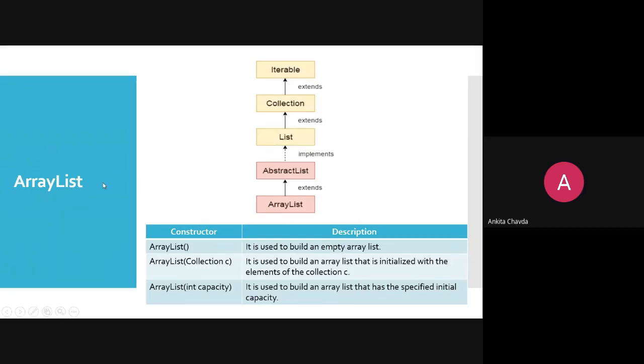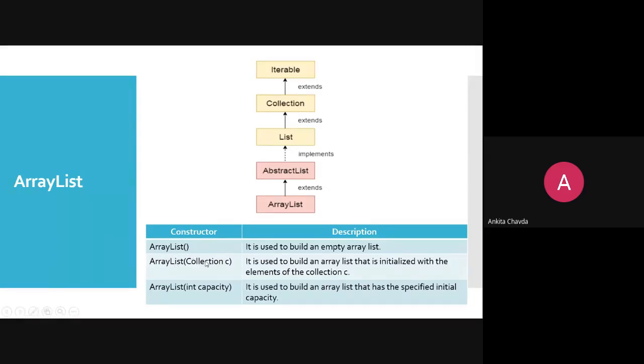What constructors do we have with ArrayList? So here, ArrayList is the constructor, right? It is used to build an empty array list. Simple, because you are not specifying anything.